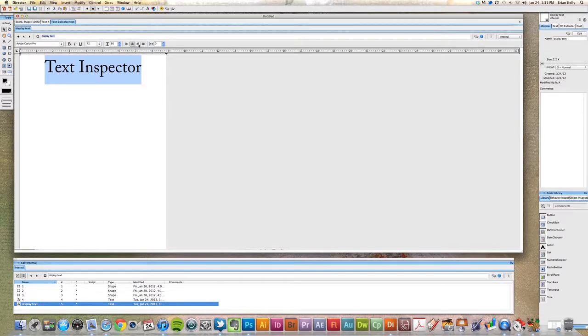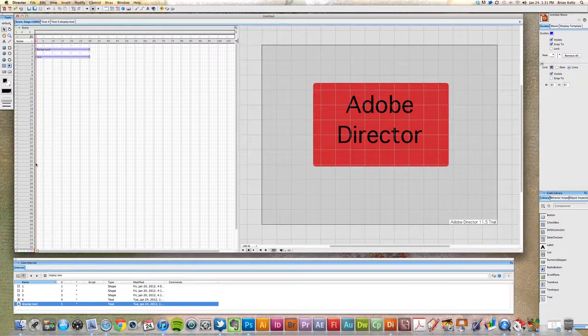And here is my alignment. So if I've got left alignment, right alignment, I have all those options here that I can choose from. And then here is my kerning. So if I want to kind of loosen that typeface up just a little bit, I have those adjustments here that I can make. And once I have my text placed the way I want it, I can go back to my score, and it shows up down here inside of my cast since I gave it a name,